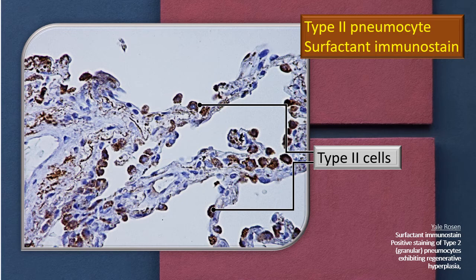Now, very specifically, the type 2 pneumocyte can be identified using immunochemical methods. As also its general morphology, its signature is that it projects as a small bulbous cell into the lumen, as I told you previously. But this one is an immunostain, which is particular for surfactant, and therefore the type 2 cells stand out as small, dark stained blobs. These are the type 2 cells or the type 2 pneumocytes. This is a special stain, very beautifully seen.